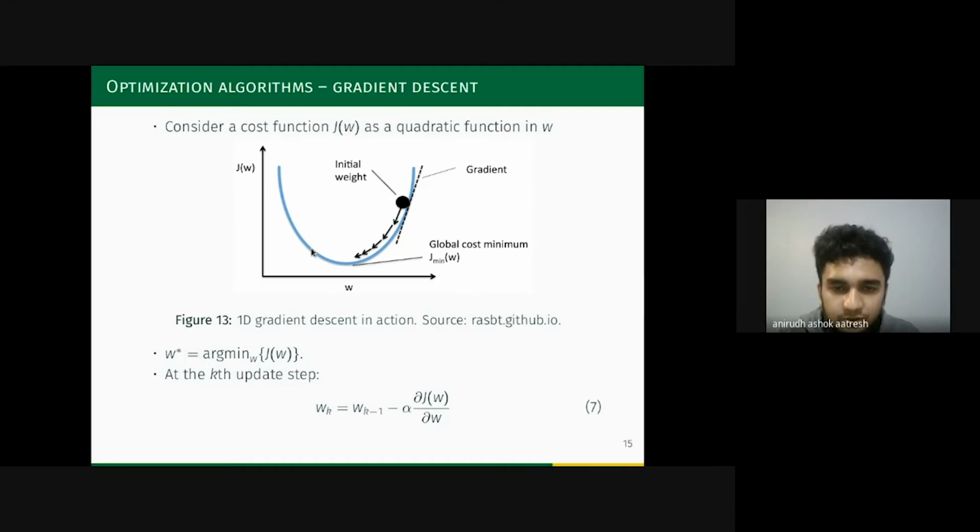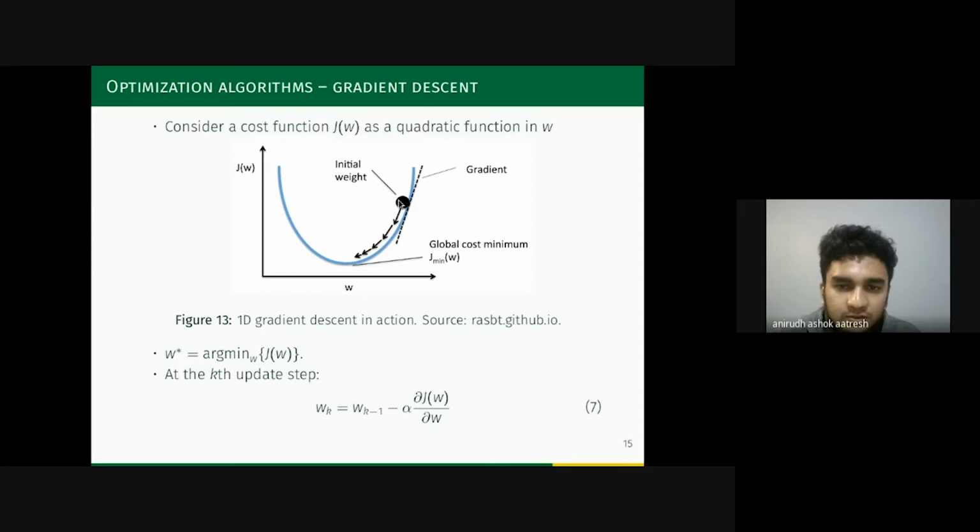So how this works is you move in the direction opposite to the gradient at that point. The gradient would be del J of W by del W at this point, say. As you keep performing this equation 7 for multiple iterations, where k goes from say 1 to n, you'll slowly move towards the minimum.